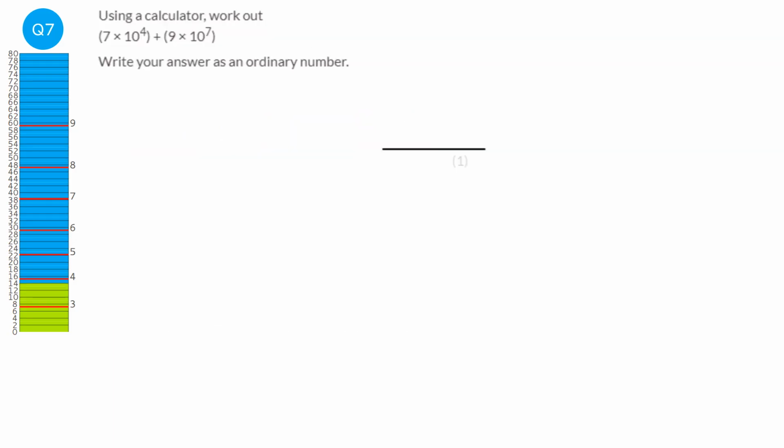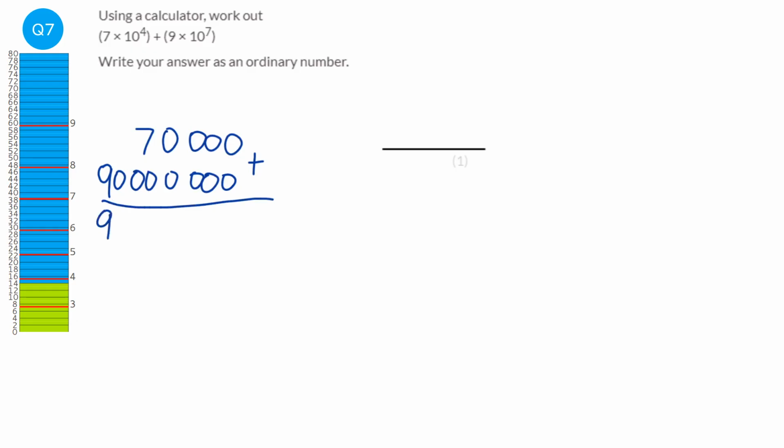So 7 times 10 to the power 4 is going to be 70,000, and 9 times 10 to the power of 7 will be 90 million. And so when you add them together, you get